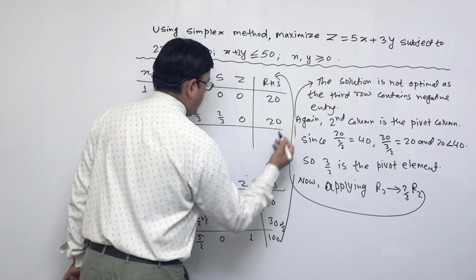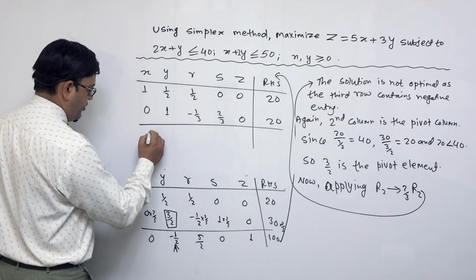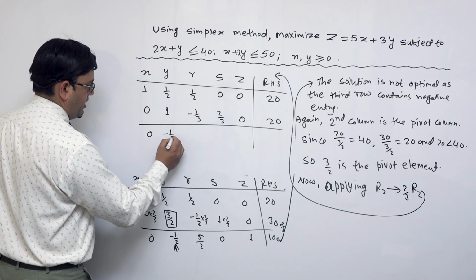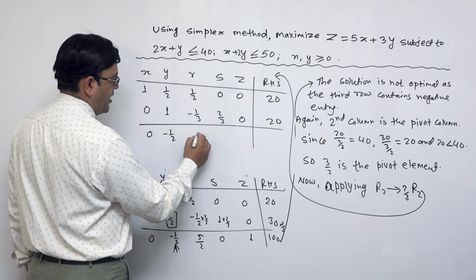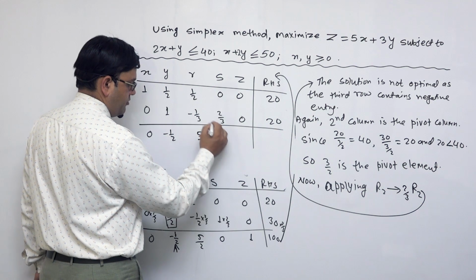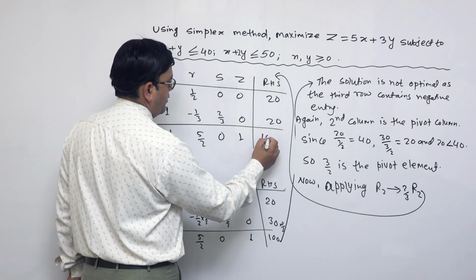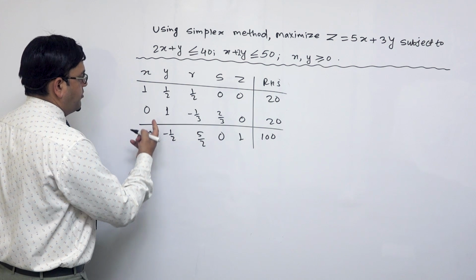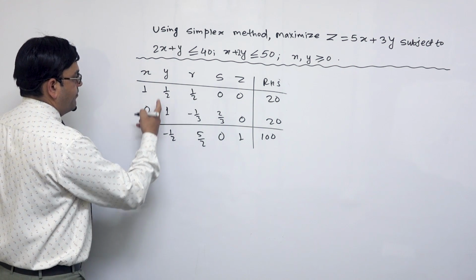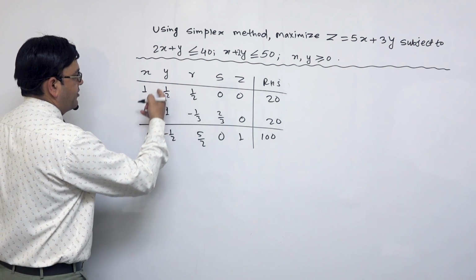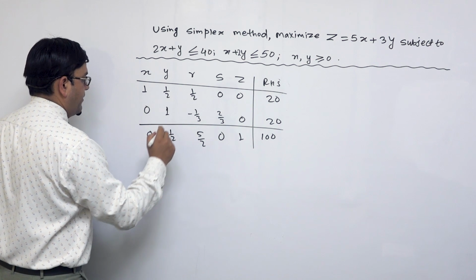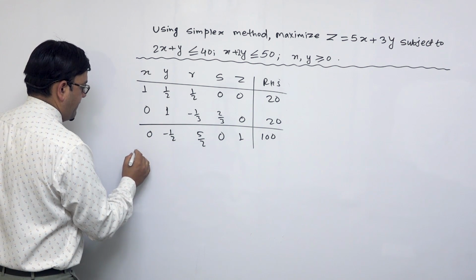And then we have the last row is same: 0, -1/2, 5/2, also 0, 1 and then 100. Now we have to change this also, we have to make this 1 and this also we have to make 1, so applying again